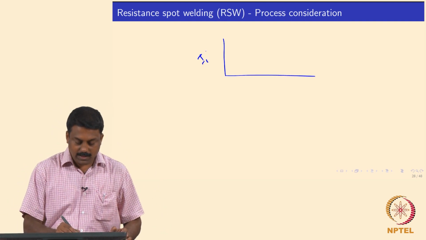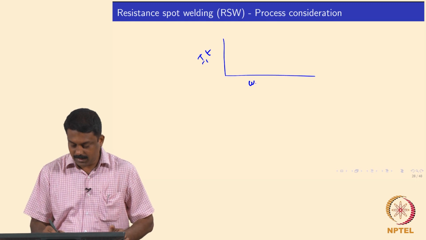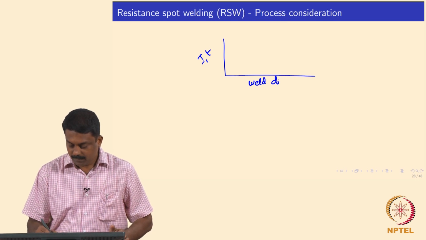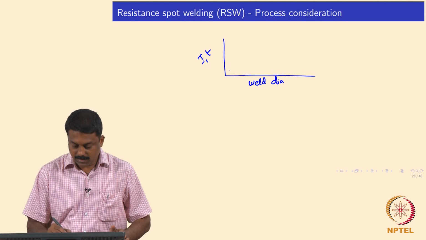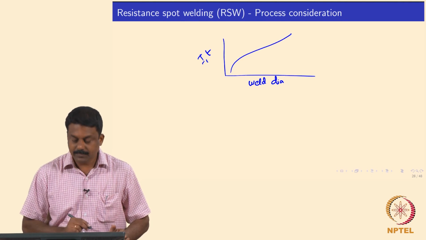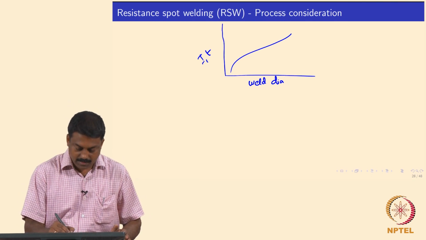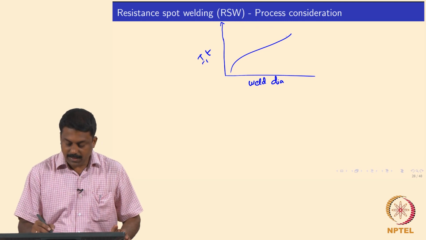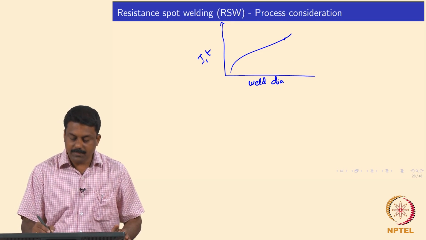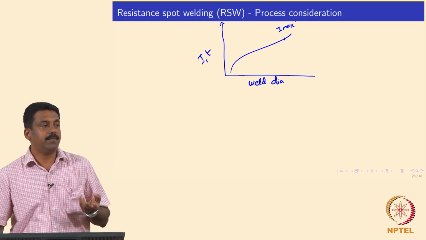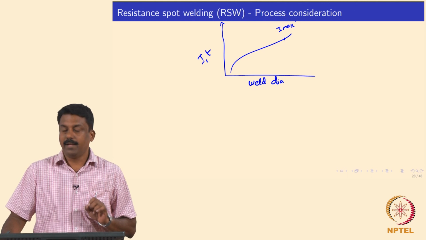So we looked at I-T as a function of weld nugget diameter, okay? Generally the curve goes like this, a typical application. So we can identify the maximum current for a given time. So that is Imax. So Imax determines the expulsion condition, for expulsion or splashing, okay? And then